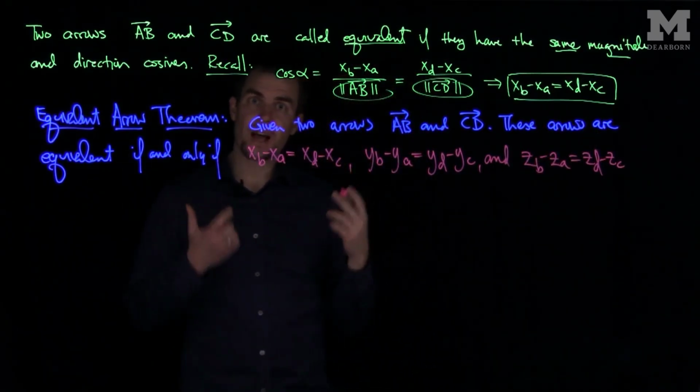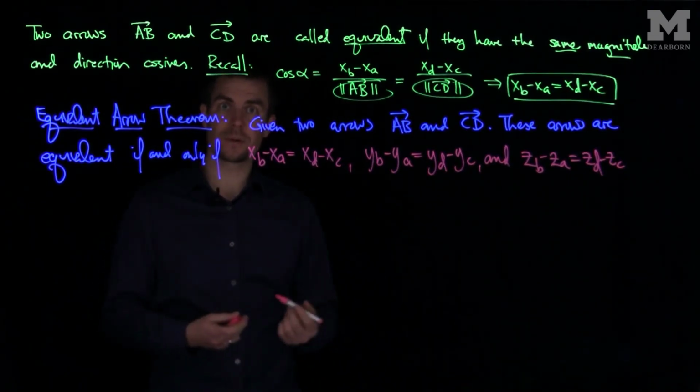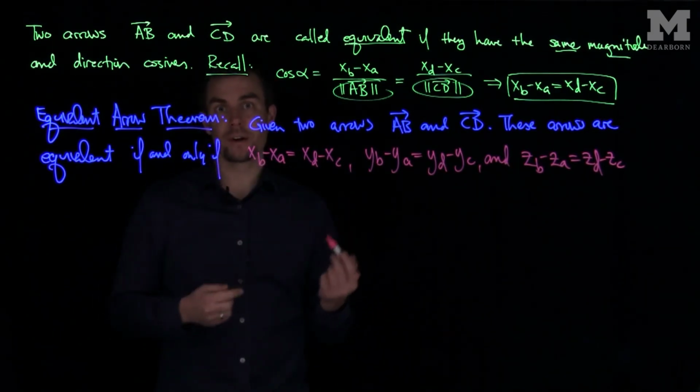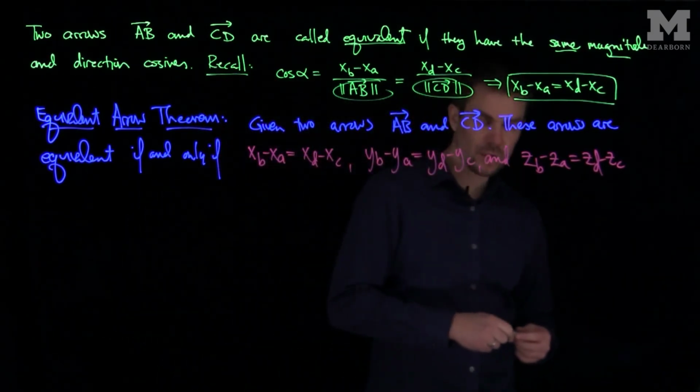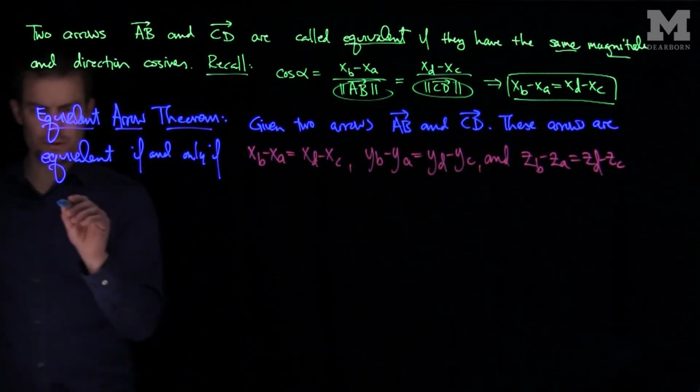So the differences in x must be the same, the difference in y must be the same, and the difference in z must be the same for arrows to be equivalent. This provides us a way of checking that arrows are equivalent very easily. Now we're in a position to define what vectors are. So for example, we should note